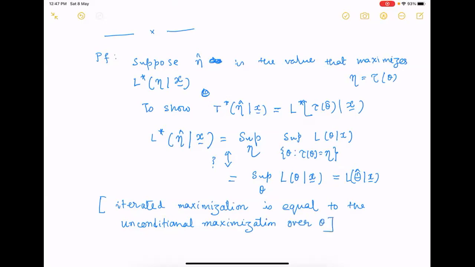This result is being pulled. It's like I have